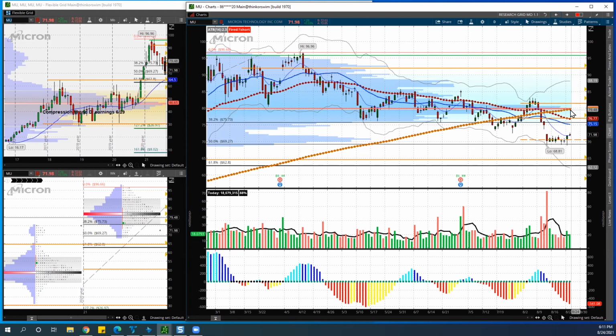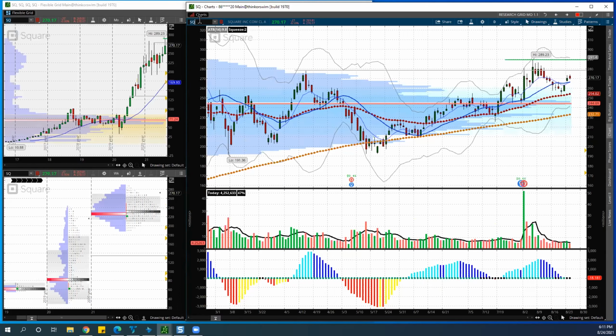Okay. Because this is not just a reversal. We're going to be looking at a lot of reversals because you guys know that finally the Chinese stocks apparently started to get a bid. We're doing, I'm going to move into the payments. So Square,